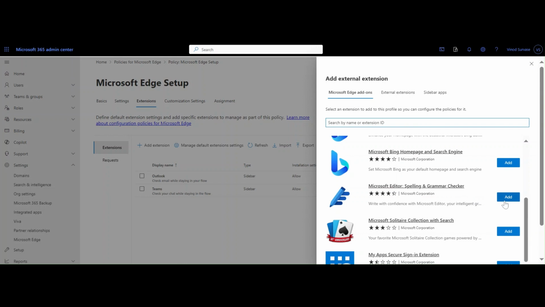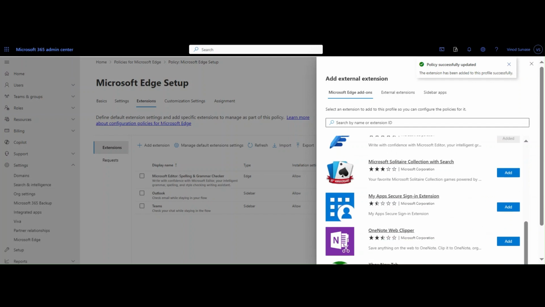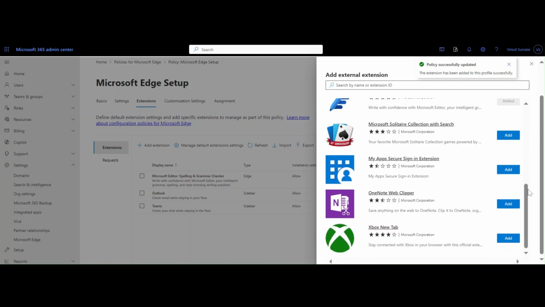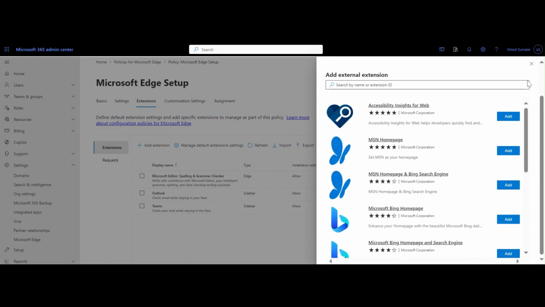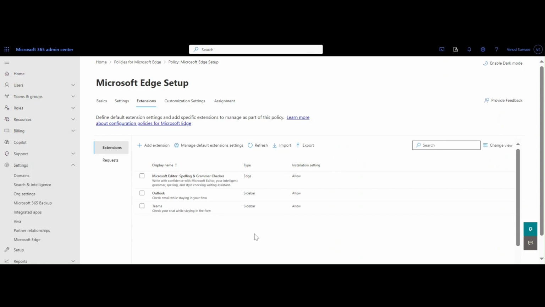So this way we can add additional extensions, and those would be approved extensions by the IT and security and all those respective teams, so that we know what we are allowing or what we are letting people use, instead of people simply blindly using any applications because they are not technical enough, they are not aware of the technicalities as well as the security concerns and the usage of those applications, right? So this way we can make sure to add the appropriate extensions and applications, and users would have access to it,